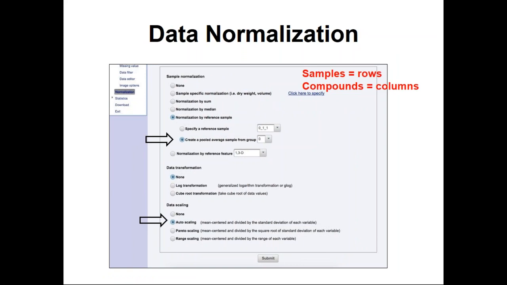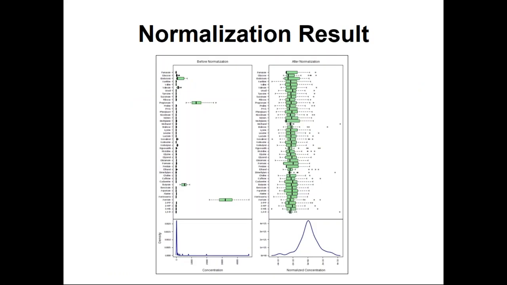And then what we're trying to do is we're both scaling and normalizing our data. This is just done to help perform better statistics, trying to make the compound concentrations a little more normal or Gaussian in a distribution. And you can play around with different ways of normalizing and scaling or transforming. And this combination of auto-scaling and using a pooled average generally created the best looking distribution, and this is just showing what it looks like.